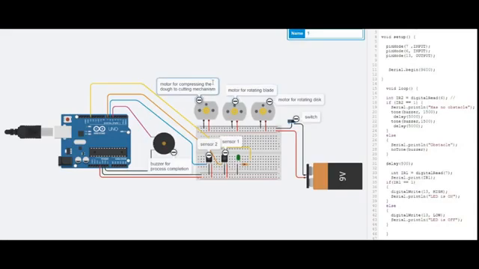So this is the circuit we made in the Tinkercad simulation for the laddu making machine. This circuit consists of three DC motors. The first DC motor is for the helical screw, which rotates and compresses the dough to the cutting mechanism. The second DC motor is for the rotation of the blade, which rotates and cuts the dough into small cylindrical strips. The third DC motor is for the rotation of a disc in which the laddus fall and become more circular.